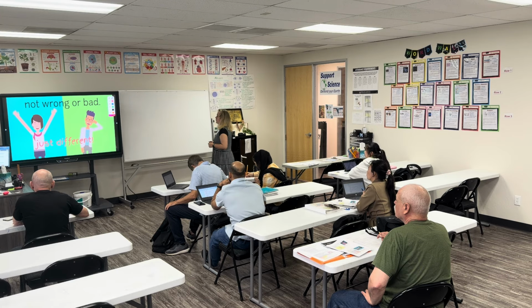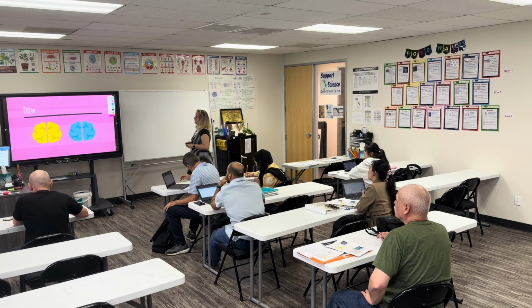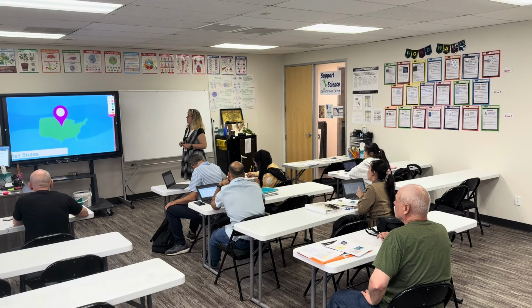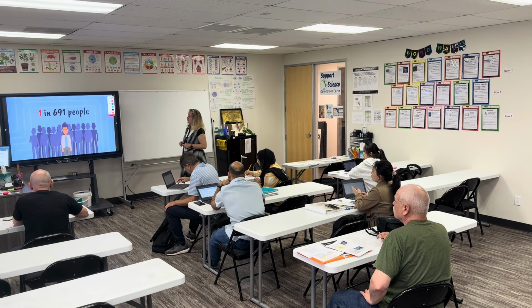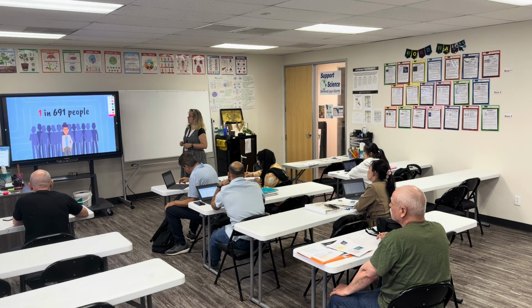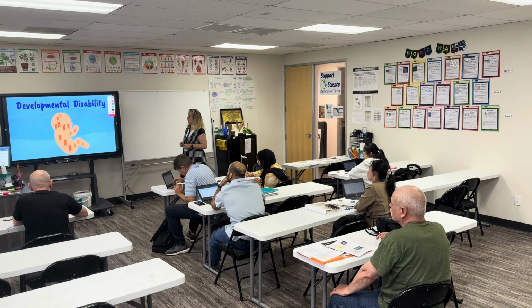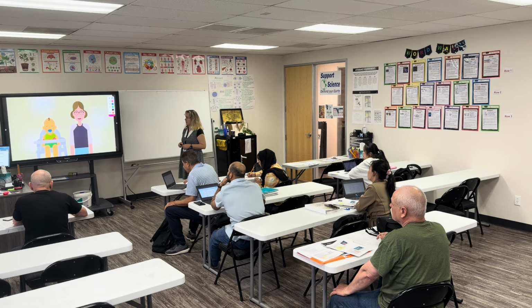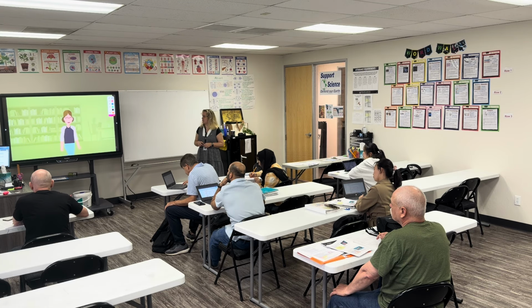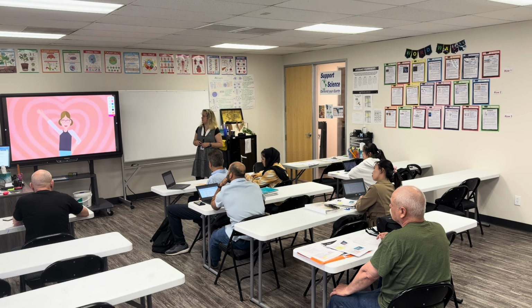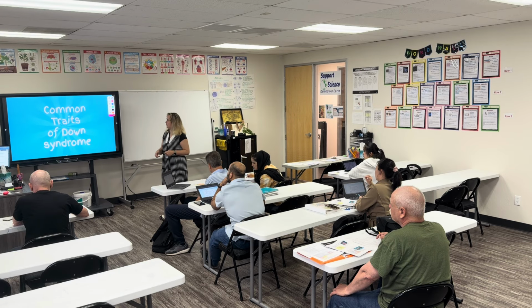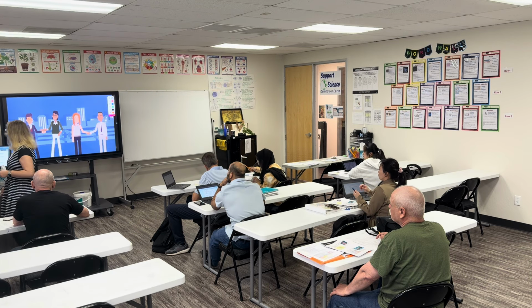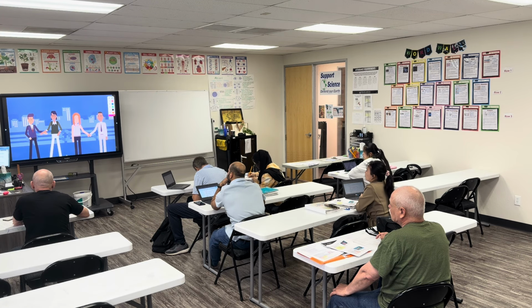It is just different. Blue and yellow represent Down syndrome awareness. In the United States, about 1 in 691 people are born with Down syndrome. Down syndrome is a developmental disability, meaning kids are born with it, and it is lifelong. Kids and adults with Down syndrome go to school, work, make choices, have friends, vote, and do great things for our society. People with Down syndrome often share some common traits, like being very friendly or loving being around others,